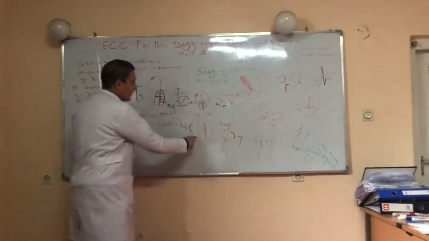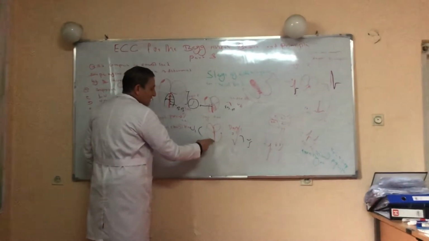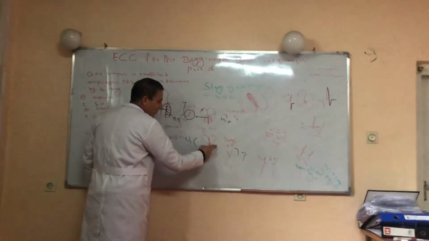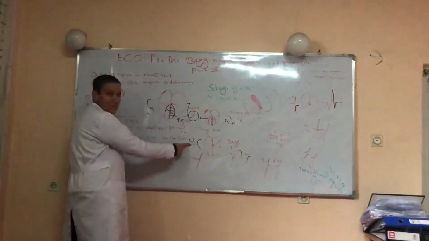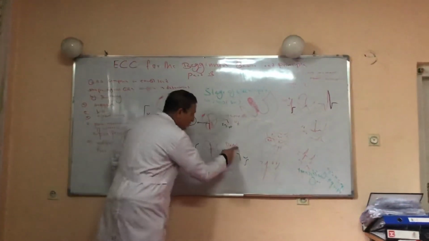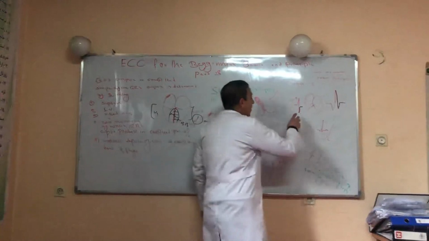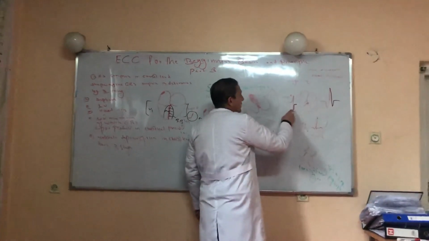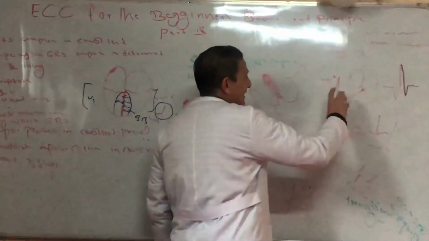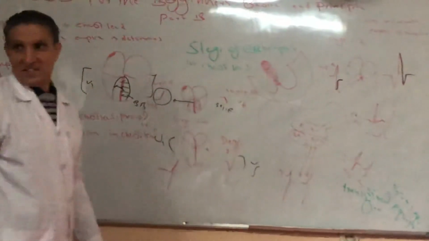This is called stage 1. Right now we come to stage 2. After the septal ventricular depolarization, the electrical impulse moves toward the left ventricle and away from V1. So in V1 they produce an S wave, and on the opposite side they produce an R wave. And then finally, after the septal and major parts of the ventricular depolarization, the ECG comes back to the isoelectric line. This is called stage 3.